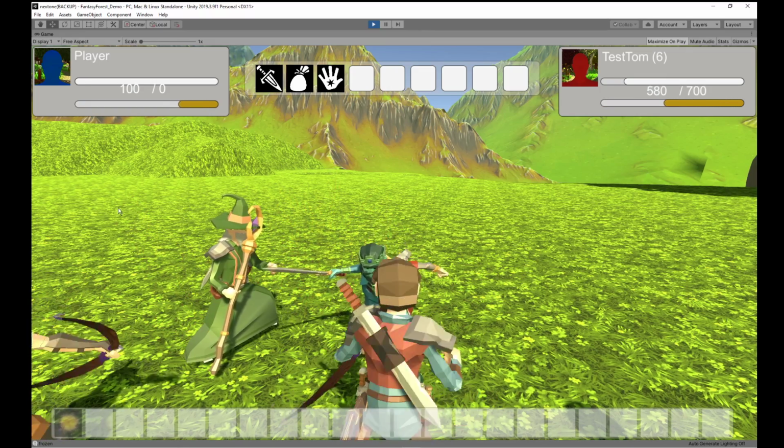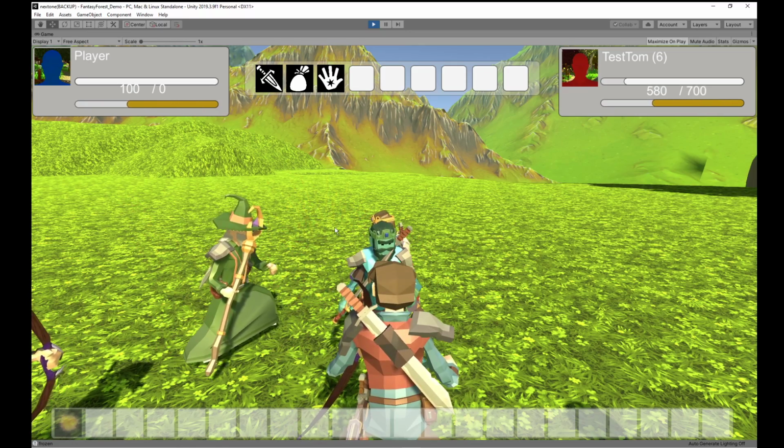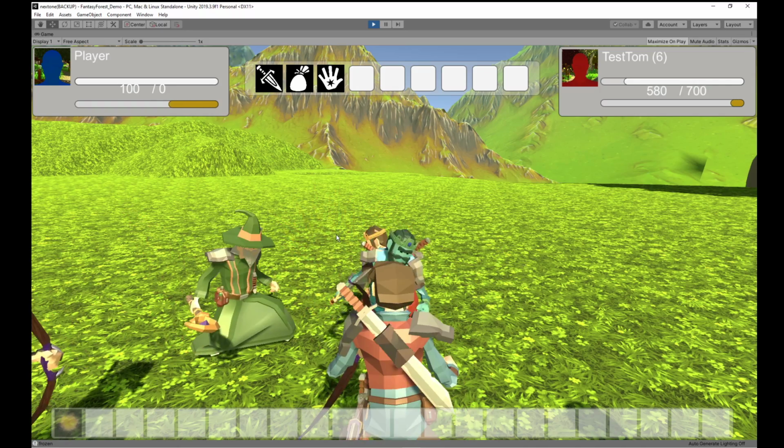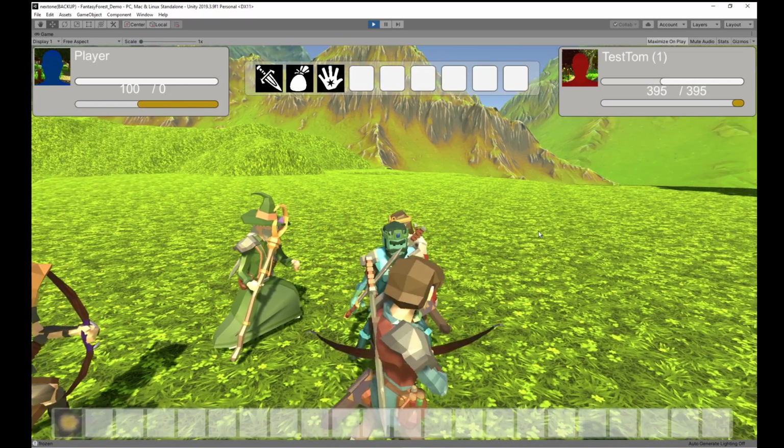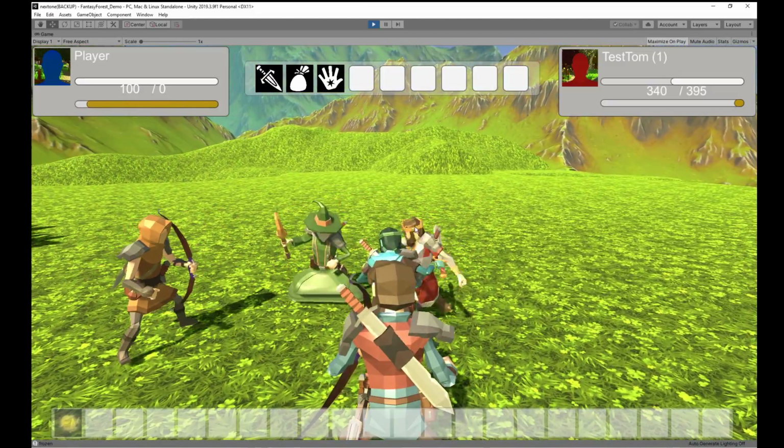And now, all of the animations are dynamic. So here, let me switch targets. This frozen guy's attack speed is all messed up. So,